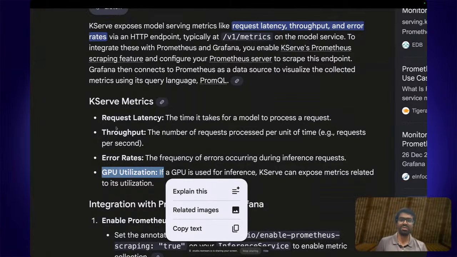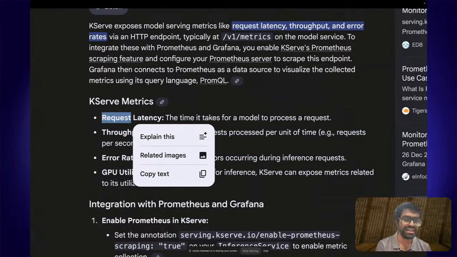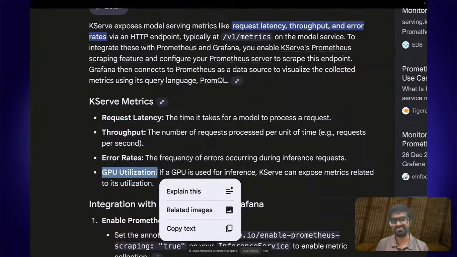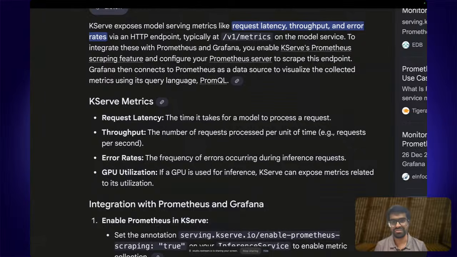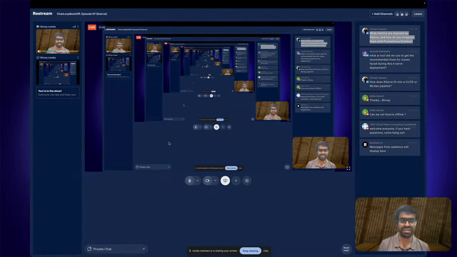That would give us the metrics, and mostly it's the latency, the throughput, and how much utilization. The reason we want to look at these numbers is that request latency means your LLM or AI model is taking too much time to give you a response, and there could be multiple reasons. It has failed, or it's just terribly slow. And GPU utilization is also extremely important, because how effectively you're using the GPU matters a lot. So those are some of the different metrics that you are getting with Kserve. Hopefully, that answers your question.